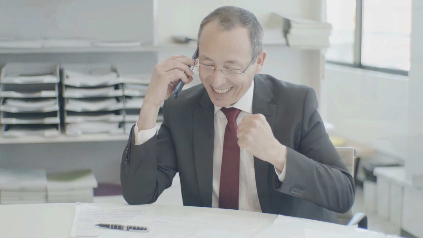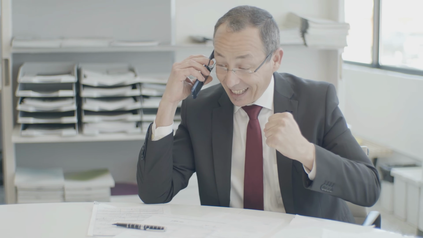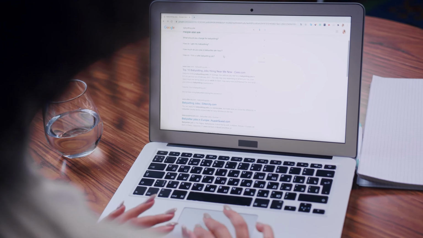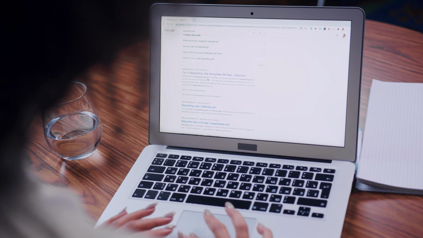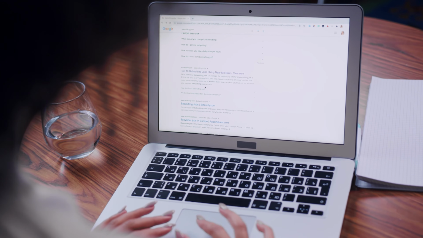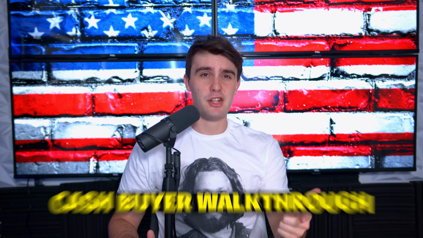The biggest difference here is we don't actually meet them at the appointment and get a contract signed. We actually go on the phone with them and we call them up and ask them if they're ready to sell the property. And if they are, we talk to them. We actually negotiate from the phone and not in person. And then we send over an electronic contract for them to sign, an e-sign for them just to click a button and sign the contract right there. Once they do that, we can get somebody to go take pictures, which I'll show you today how to do. And then we'll walk the buyer through virtually, which I'll show you also. And then you have the cash buyer electronically sign the assignment of contract, still use the title company, and get paid. So really, the only process that's a lot different is getting the contract signed and the cash buyer walkthroughs.